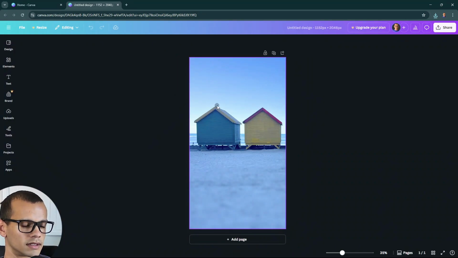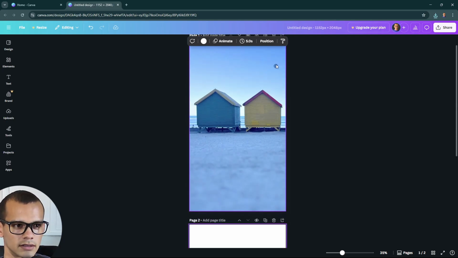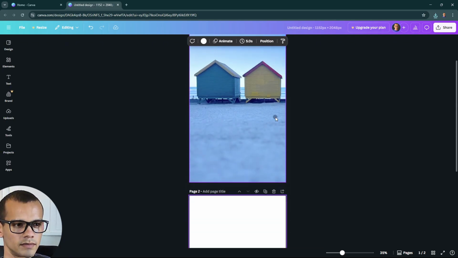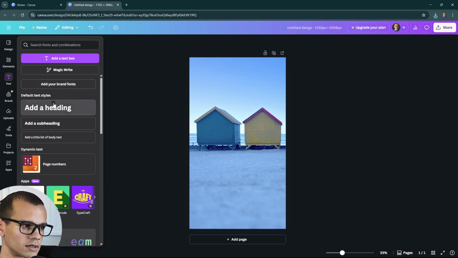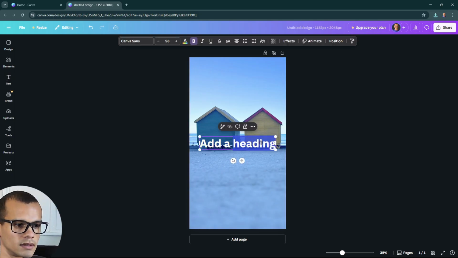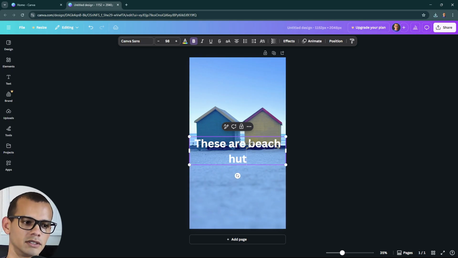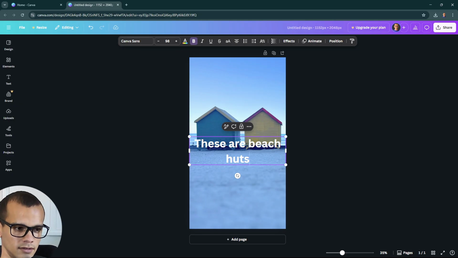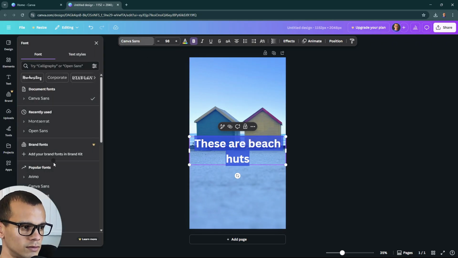And this is where it gets good. I can add another page here and make something else, and this can be a full-on gallery of designs that you're busy editing. But I'm not going to do that. I'm going to go to text, and I'm going to click on something here, and then I'm going to say these are B charts. I'm going to highlight all of them and change the font to